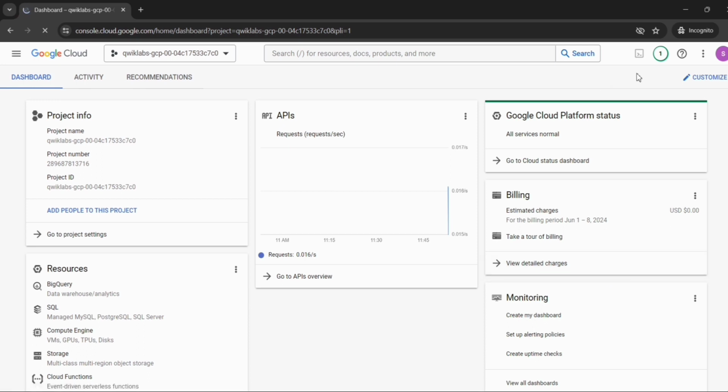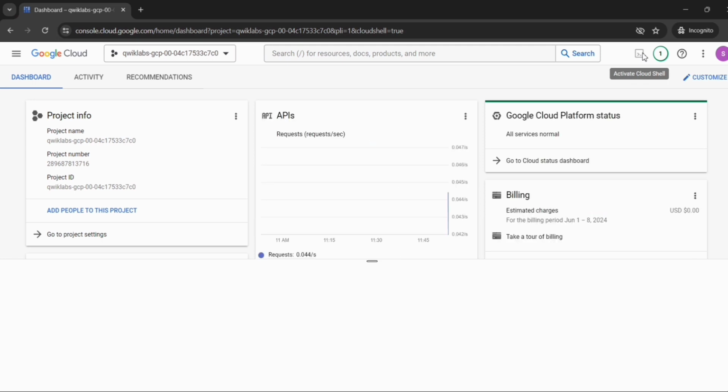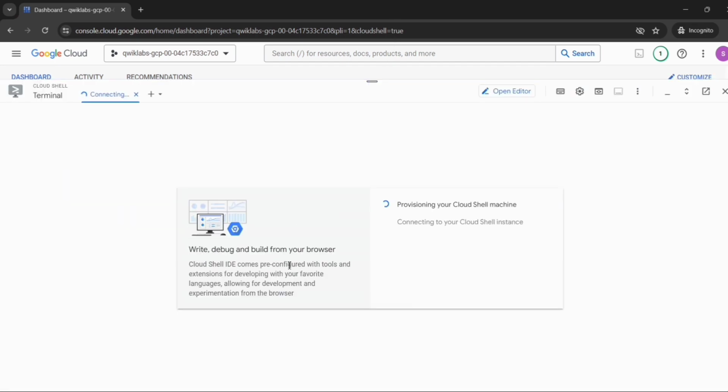For me it doesn't launch, so just deactivate the Cloud Shell. Now maximize the size of the Cloud Shell.